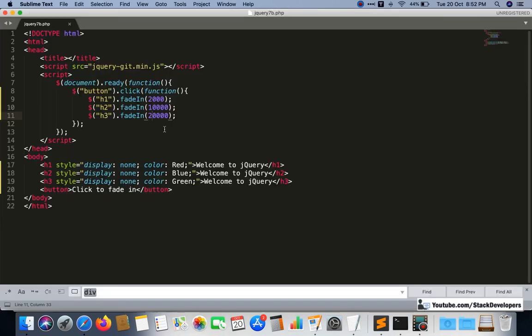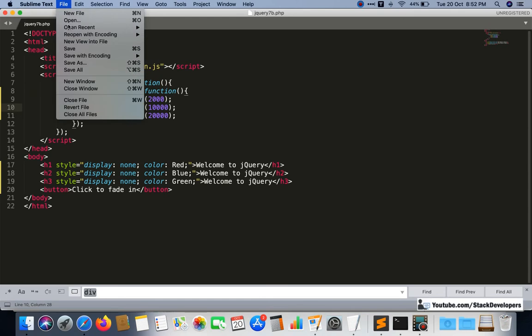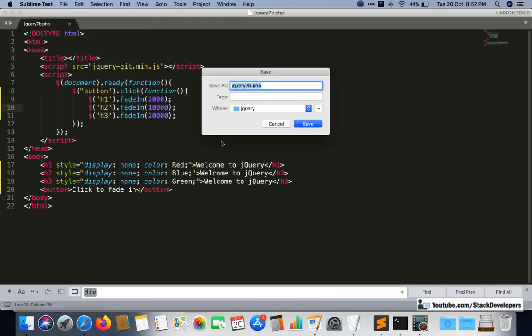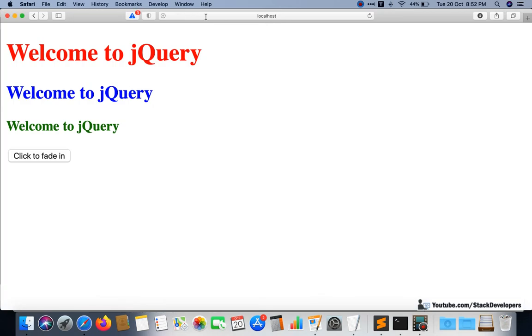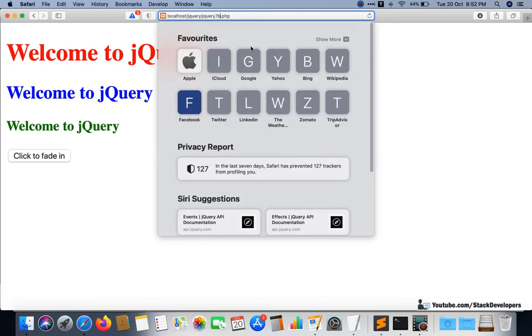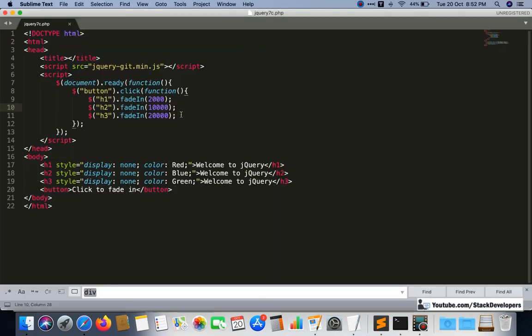Now I am going to use the fade out, and the only difference is the fade out effect will go away. It will hide. The fade out effect will hide, so I will not give the display none for the fade out effect. I will just save the file as 7C, because these are the kind of things that are helpful in future as well.